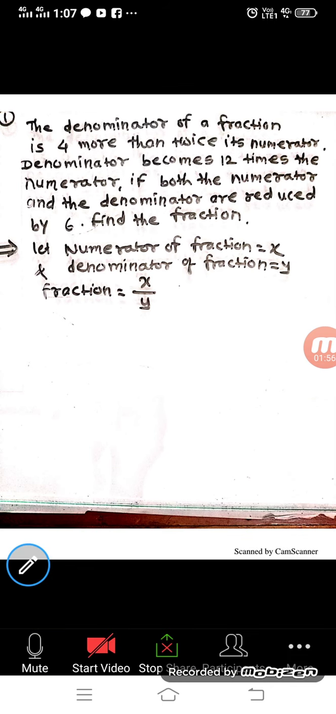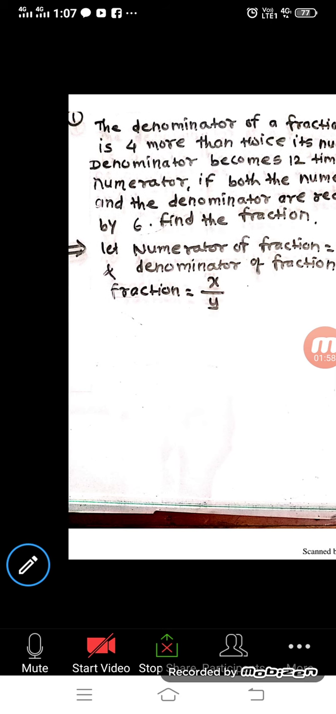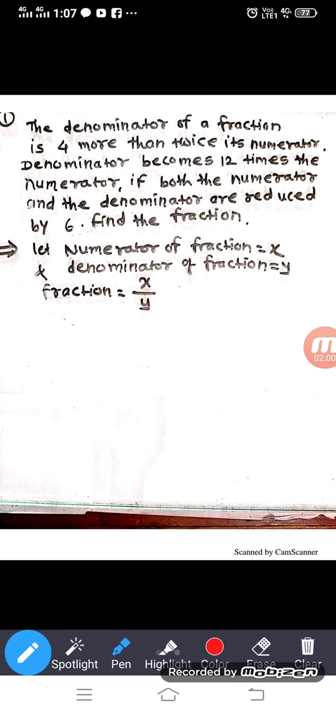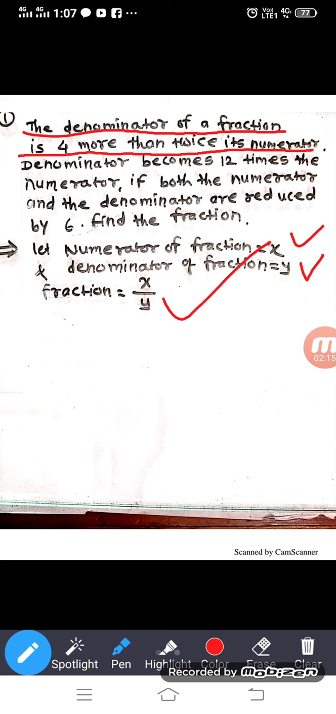The first condition, the denominator of a fraction is 4 more than twice its numerator. Denominator is y, numerator is x. Denominator हा अंशाच्या दुप्पटीपेक्षा 4 ने जास्त आहे. Means